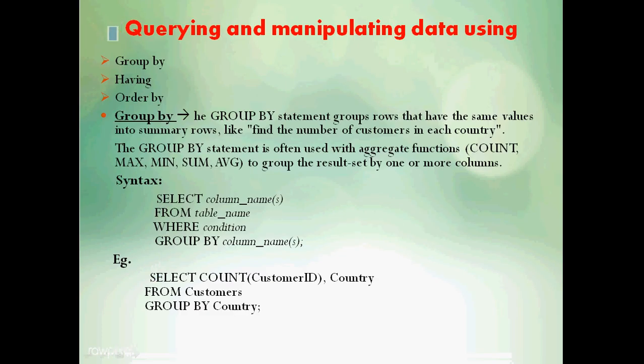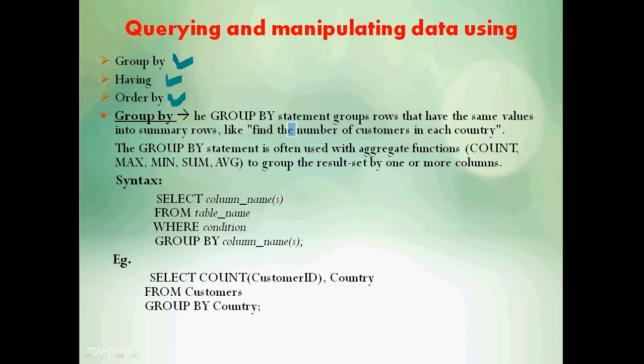Now we are moving to the next part, which includes group by clause, having, and order by. Group by is a particular clause which makes groups of values in the same table. So you consider a common table. For example, let us take a school table. In a class, there will be students who have opted for IP, and there will be students who opted for some other subject. So in the same class, for the same subject category, you have taken different options.